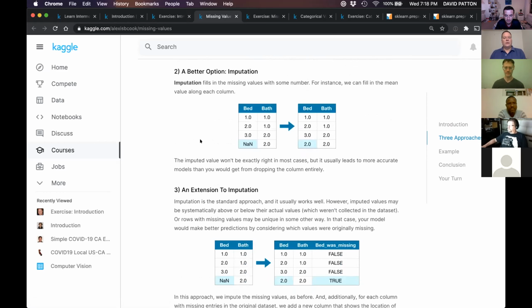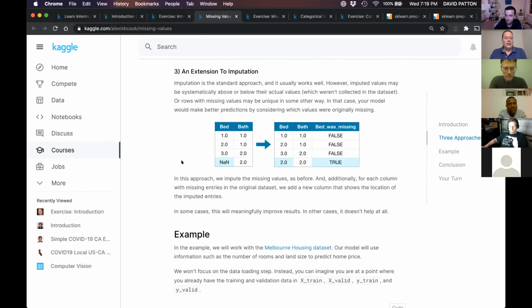Another option is known as imputation, and this is a whole field of research, but we're going to look at some of the most straightforward imputation approaches. In this case, for numeric values like this, it is to take the average of all the rest of the rows in that column and substitute it in for our missing values. So in this case, we've got 1, 2, and 3, the mean for that column would then be 2, and so we're going to put 2 in. This can work well in some cases depending on the data set, but a lot of times this can be a bad choice as well.